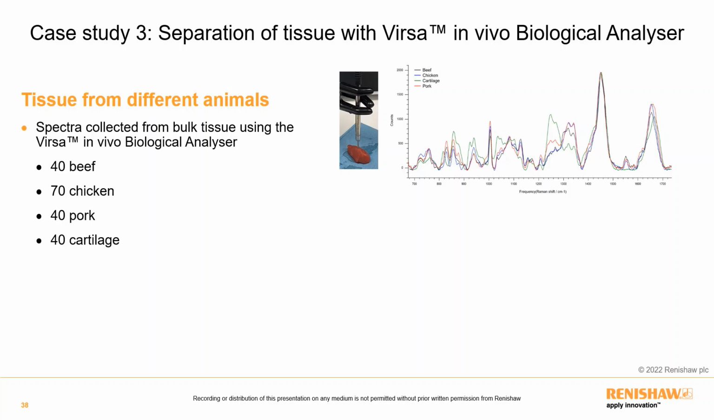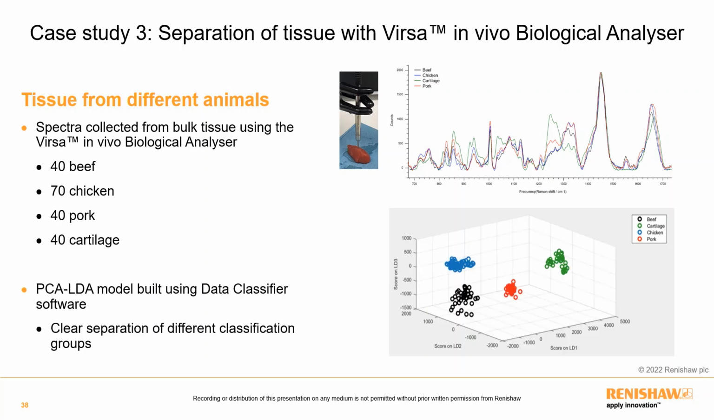Spectral differences were apparent in the collected spectra from each animal type, as can be seen in the average spectra shown. These spectral differences allowed a PCA-LDA model to be built using Renishaw's data classifier software. The resulting scatter plot showed clear separation of the different classification groups. This data indicates the potential for using the Virsa in vivo biological analyzer for studying different tissues and assessing biomolecular